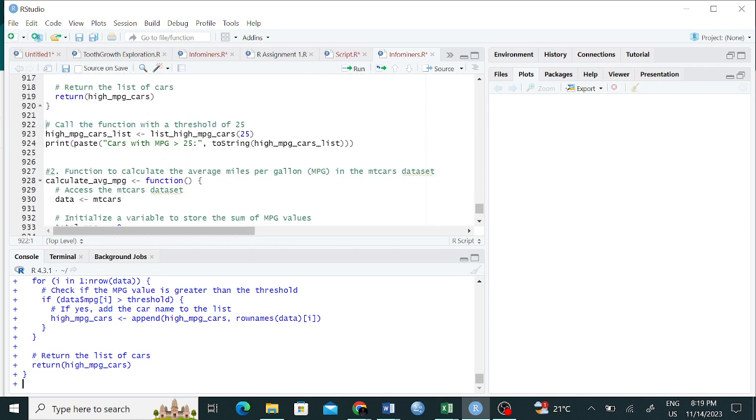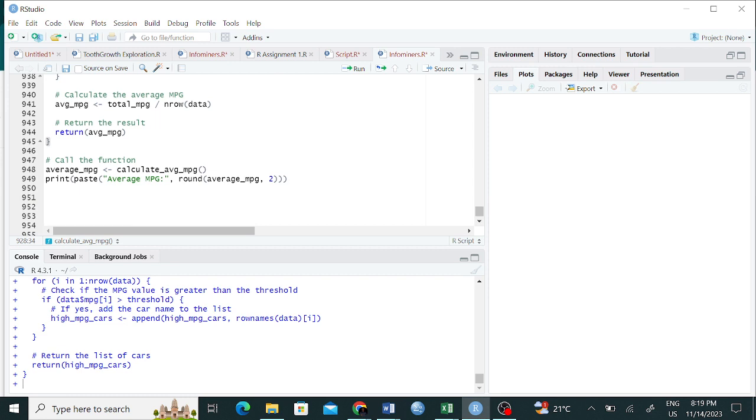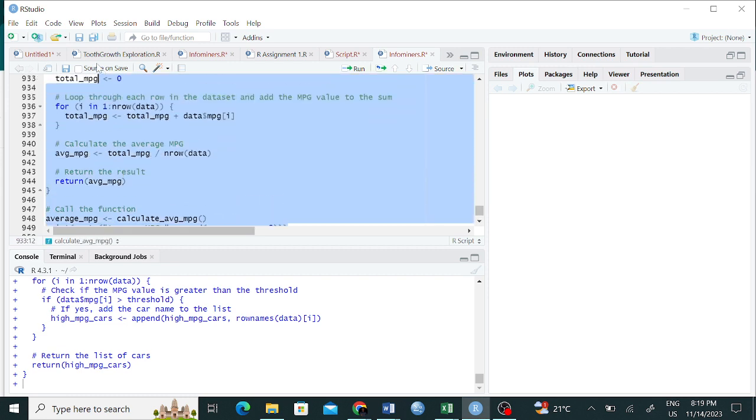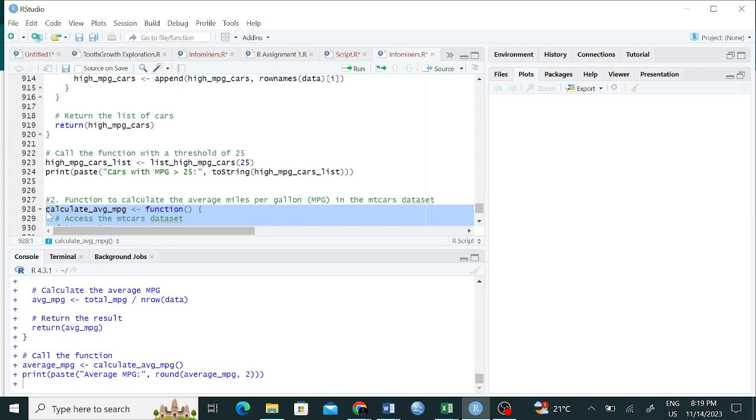There's even another one that I was looking at here, a function to calculate the average miles per gallon, MPG, in the mtcars dataset. Let me see if this one is going to run before we start the explanation. Now there seems to be an issue.